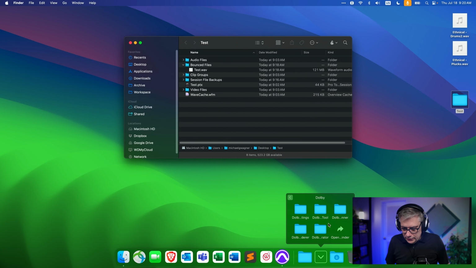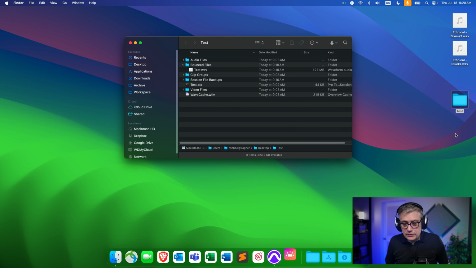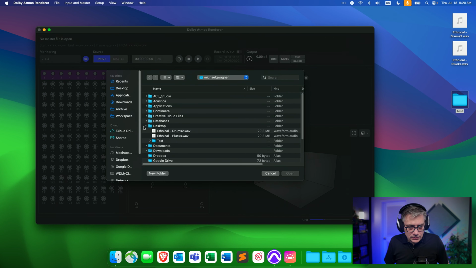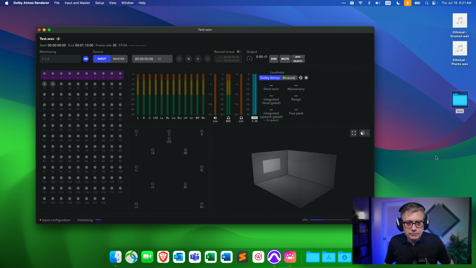So what I want to do now is check if that master file is actually a valid master file. And for that, I'm going to start up the external Dolby Atmos renderer, not for actually using it in this particular workflow. I'm just going to use it in order to load in that master file to see if it actually plays correctly. So let's open up the Dolby Atmos renderer. Here we have the renderer. And let's open the master file, open master file, and I'm going to open this under test, bounced files, here this test file, open that up. And let's see if it actually plays correctly.